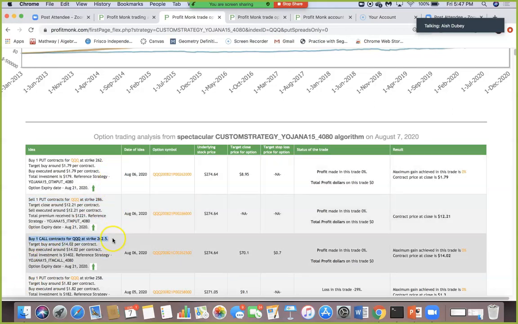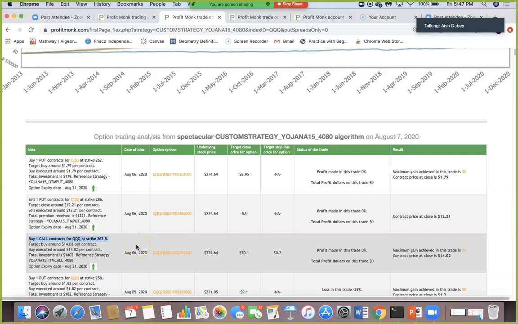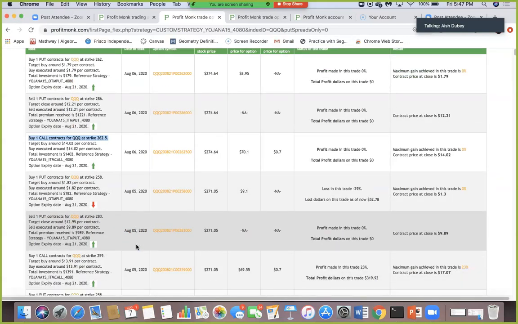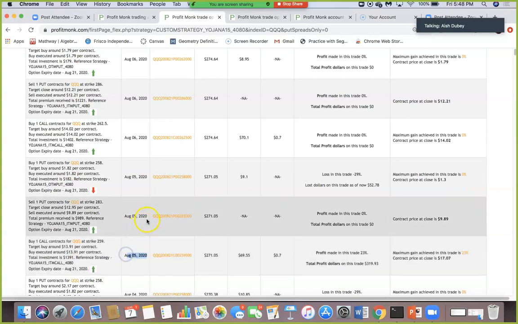So you see the combination of these three things. If you make all these three trades, that's basically what you do pretty much most of the time. And you will see that on August 5 as well. If I go a little bit down, it'll make these same three trades.